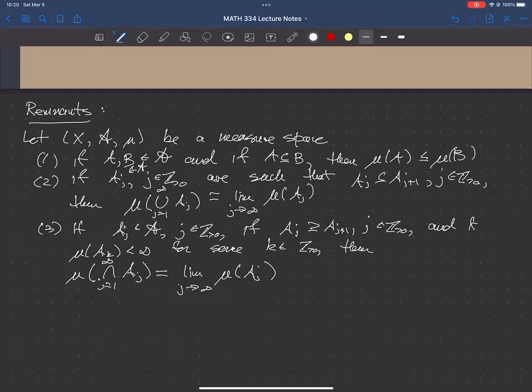Okay, so this is sort of approximating sets from the inside. So, for the union, we're filling out the union of these sets with finite unions. And here we're approximating these sets from the outside, right? So we take this intersection and then we take the measures of the sets that contain it and that shrink down to the size of the intersection. Okay, and rather related to these last two properties and having to do with Lebesgue measure is